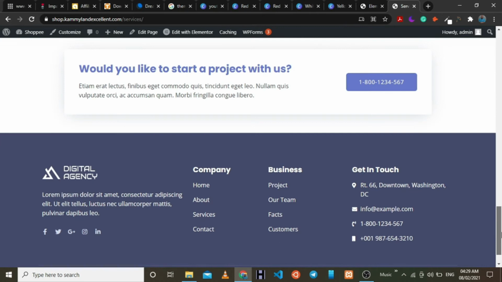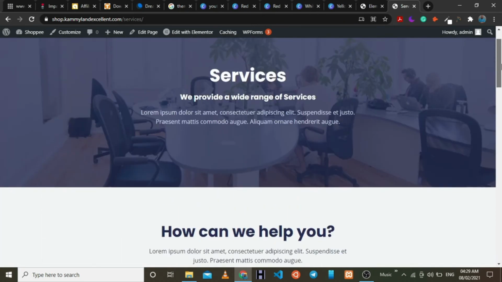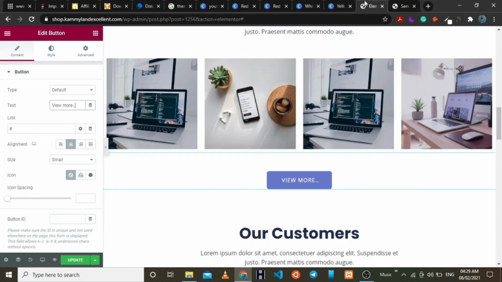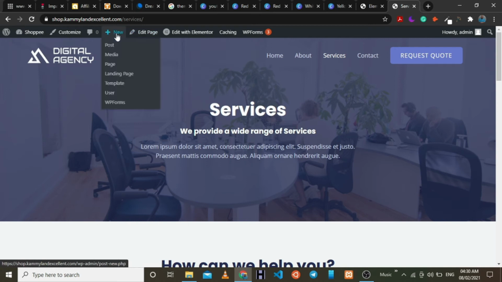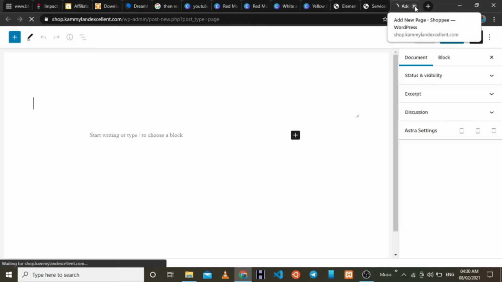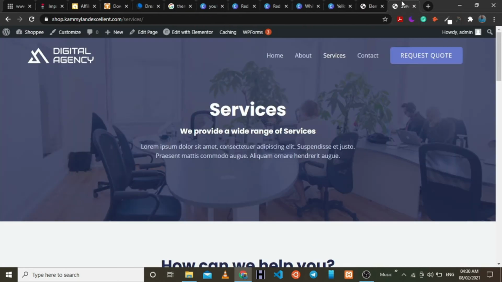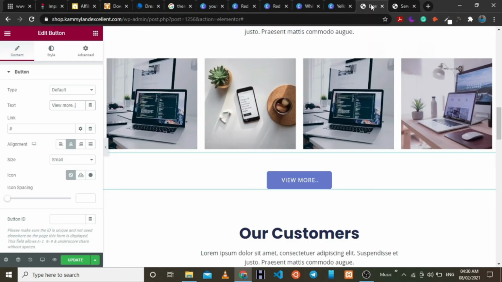And if you want a personal portfolio page, you can always create a portfolio page. I'm not going to do that, but you can just come to your dashboard here. You can always click on new page, create a new page from here and call it portfolio. But of course, I'm not going to create a new page, but you can if you want to, as to what your business entails. So yeah, I'm going to just add the link to our services page,